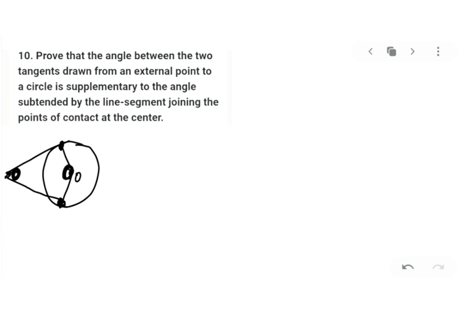That means your question says that you have to prove that, if I name this as A, this as P, this as B, and the center is O, you have to prove that angle APB plus angle AOB is equal to 180. Yes, my dear kids? Yes. Now in my previous session also, I have said you that this angle and this angle will be 90 because the radius and tangent make perpendicular to each other.